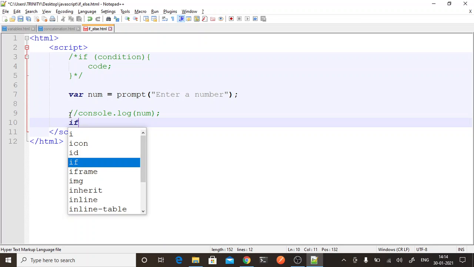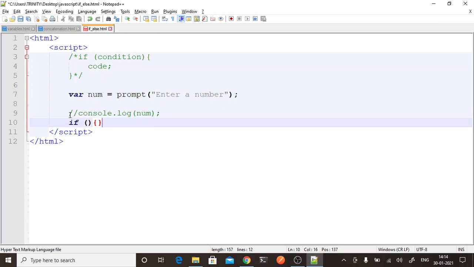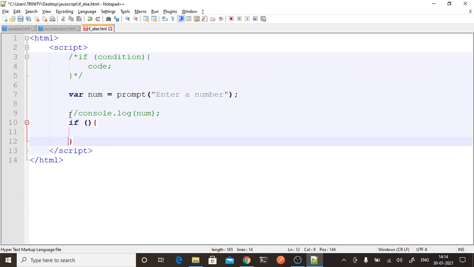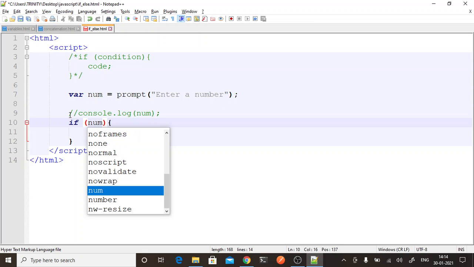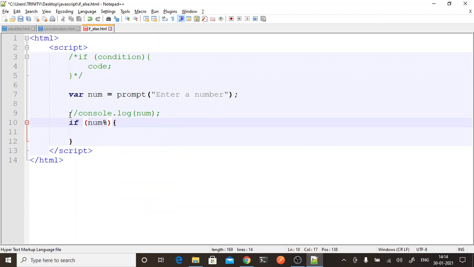So I will write an if. What will be my condition? My condition will be num mod 2. Mod is an operator that gives you the remainder. Anything divisible by 2, if the remainder is 0, then it is an even number, correct?